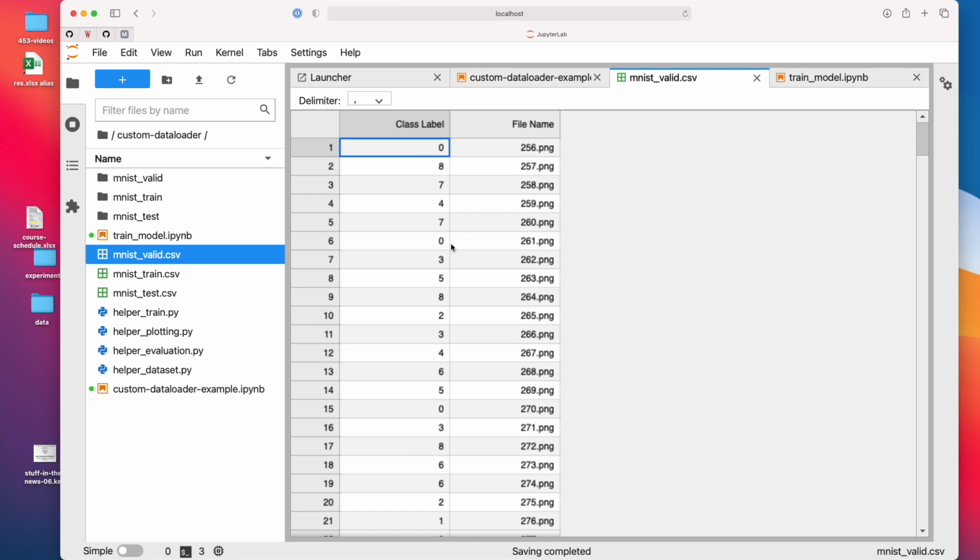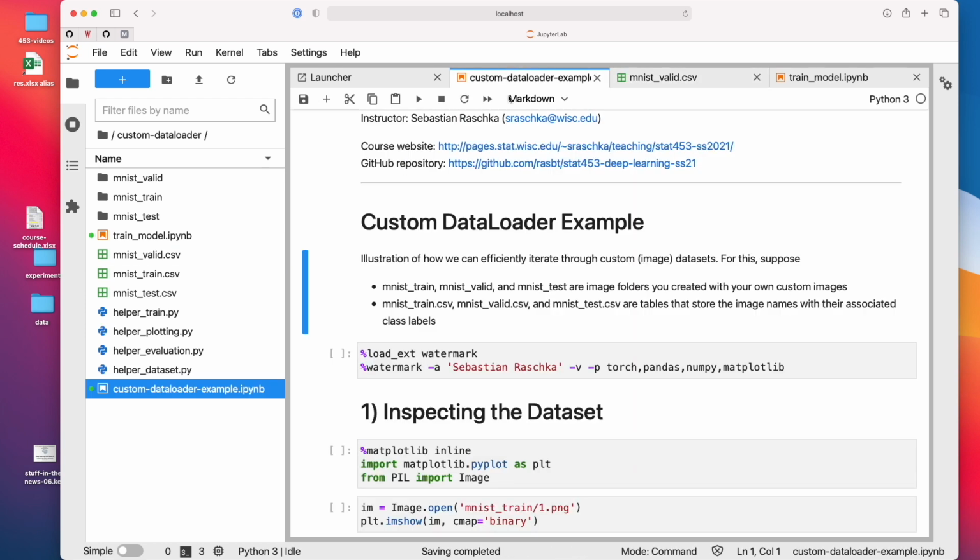Of course, if you like, you can also have only one folder with PNG files and then have a column with validation, train, and test index. You can also specify it like this. How you set it up is up to you. Sometimes I only have one gigantic PNG file folder and I keep track of what is training, what is validation, what is test with columns in the CSV file. But this is really optional. You can set it up however you like, and I will show you how we can then handle that with the PyTorch dataset class.